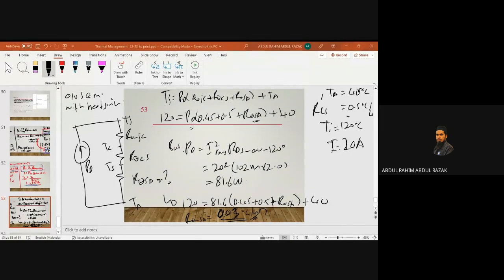Anybody can confirm my calculation? Okay, doctor. Please, thank you. Betul, sir. Apa tu? Tak semangat je. Okay. Sorry, tadi miss